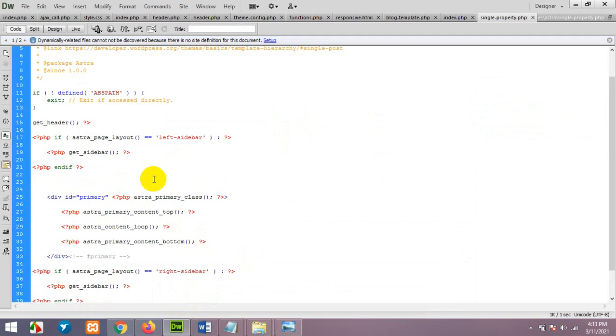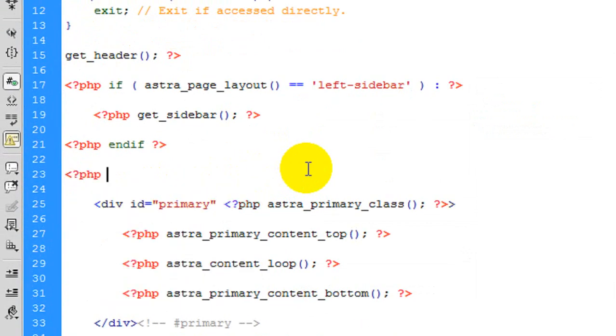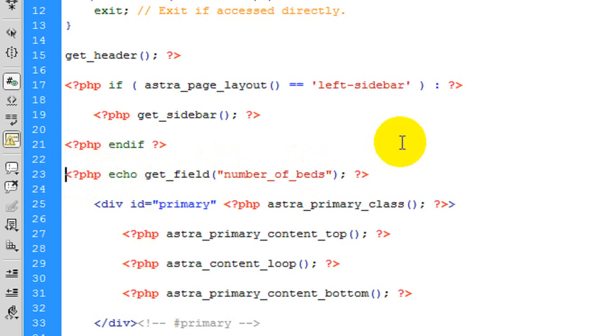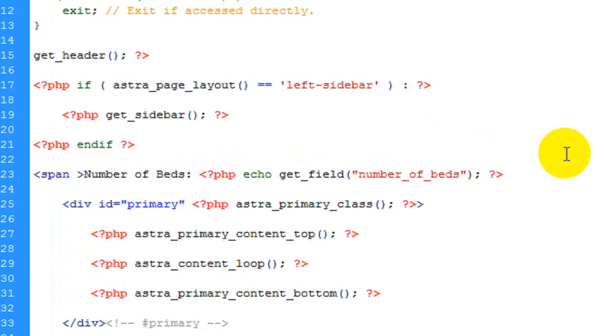Okay, here type in PHP echo get_field and the name of the field, and we will wrap this in another span which will say number of beds, colon, and this value.